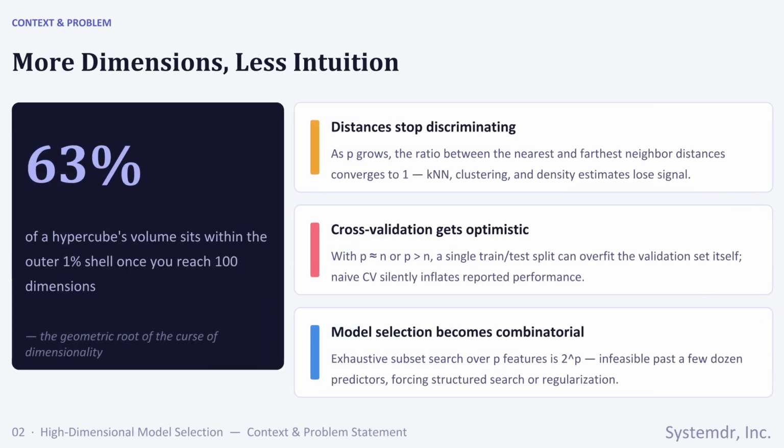Let's start with a number that tends to stop people in their tracks. In 100 dimensions, 63% of a hypercube's volume sits within the outermost 1% shell. Let that sink in for a second. Almost 2/3 of the space is crammed into a razor-thin layer near the surface. Almost nothing is left in what we'd intuitively think of as the middle. That single geometric fact is the root of the curse of dimensionality, and it cascades into 3 very practical problems